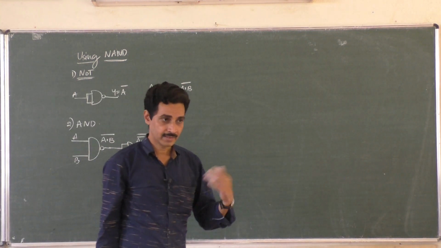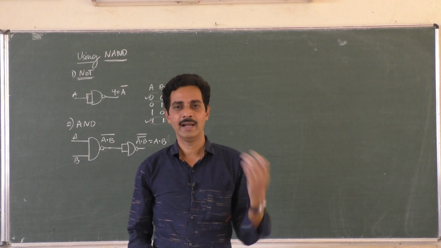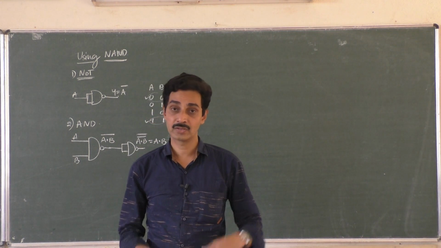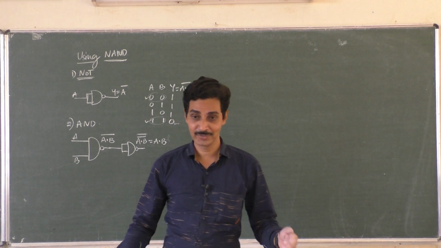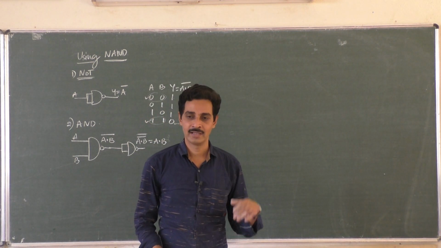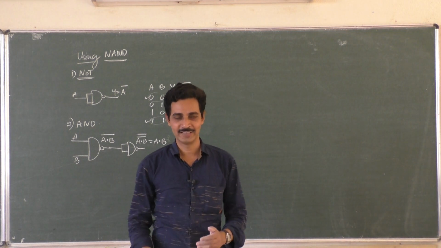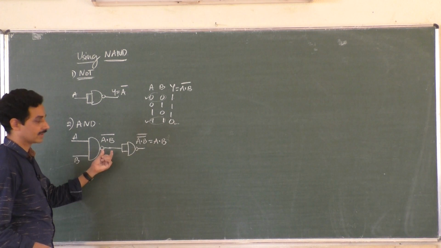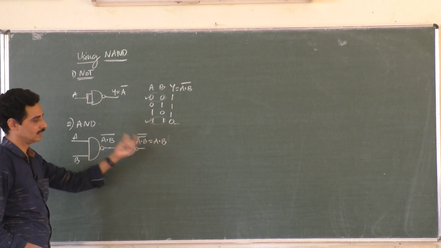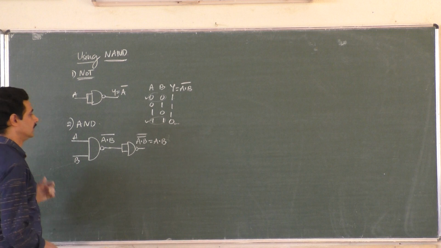So remember, tie the inputs, NOT gate. Connect the NOT gate to the output of the NAND gate, because NAND is already the complement of AND. Complement it again, right? I think you can understand my language, right? Already AND is complemented, so complementing it again becomes AND again. In a NAND, AND is complemented; complement it again, you will get AND again. Okay, that is one thing.